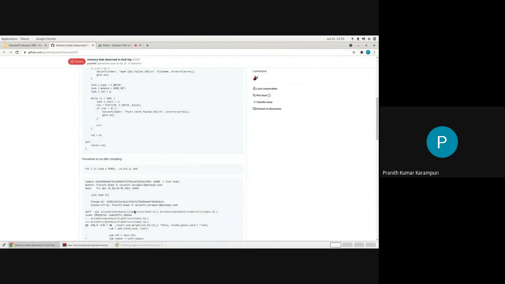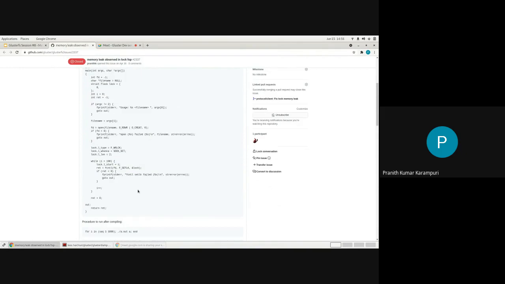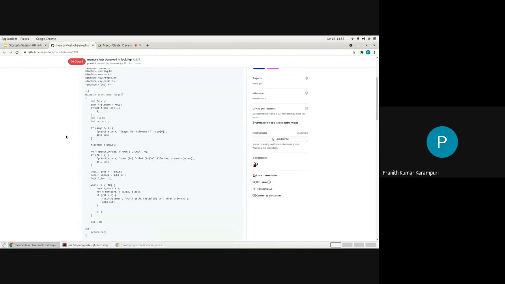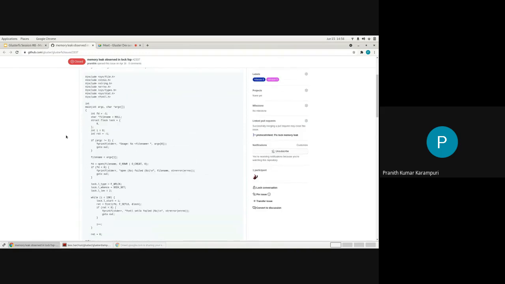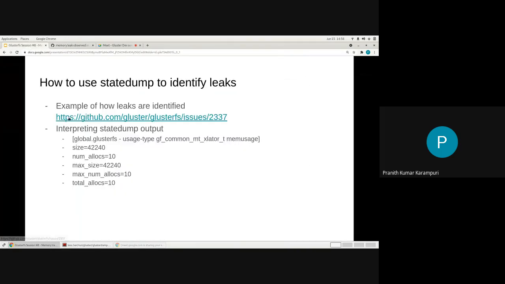So it tells you which translator is a problem and which is the data type. There are only so many places where things get allocated and deallocated, so you can figure out the place of allocation and deallocation. So you can come up with a test case which can lead to a problem. That's how it helps.